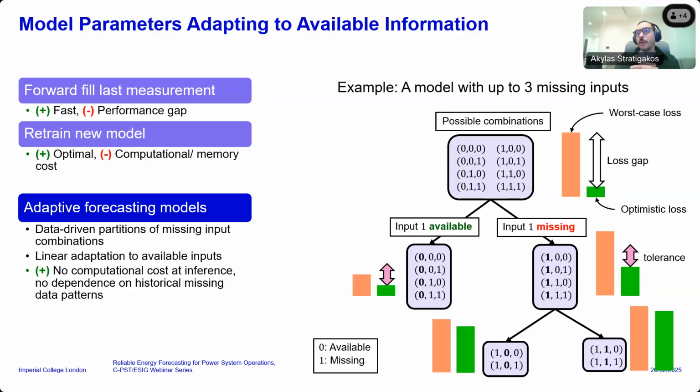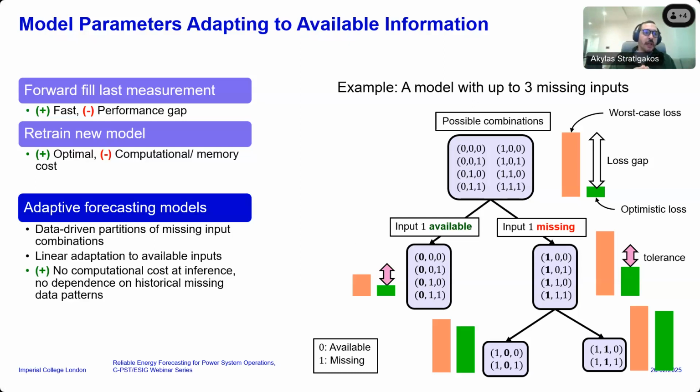We implement this algorithm at the beginning, and then we deploy an adversarial agent that searches to find what is the most critical input that if it goes missing, it will degrade the performance of my model. In this case it is input 1, and we use this to partition the space of possible combinations of missing inputs, and then we repeat this training process recursively. And what this allows us to do is to, first of all, identify in a data-driven way what are the critical scenarios of missing inputs, and then have our model adapting to these